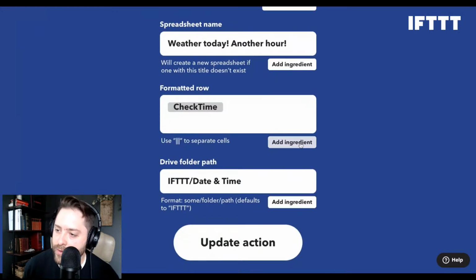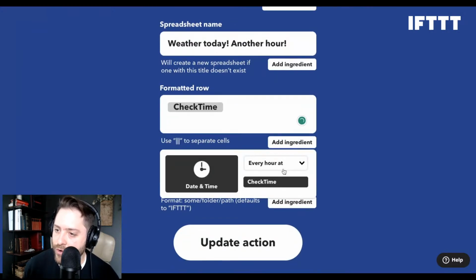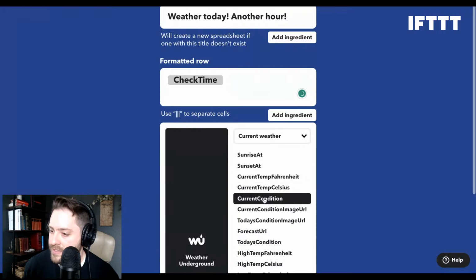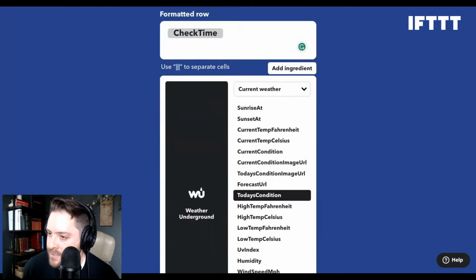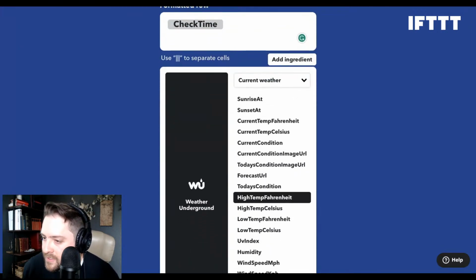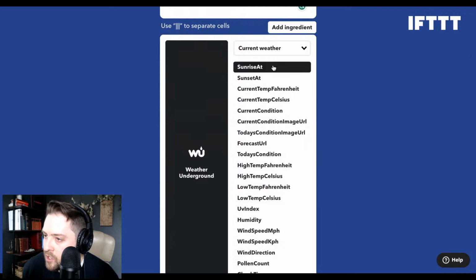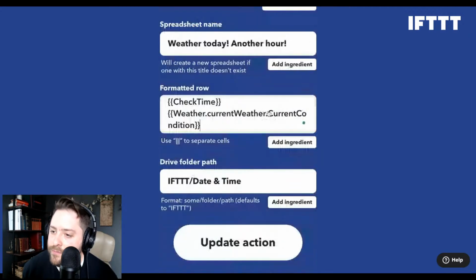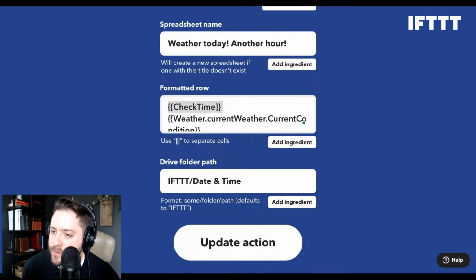If I were you, add ingredients, you want to click current weather. All right. So we want to say, let's say current temp, current condition. That's a good one. We'll do that. So the first column is going to be check time.